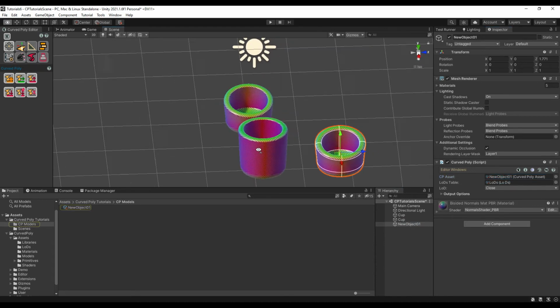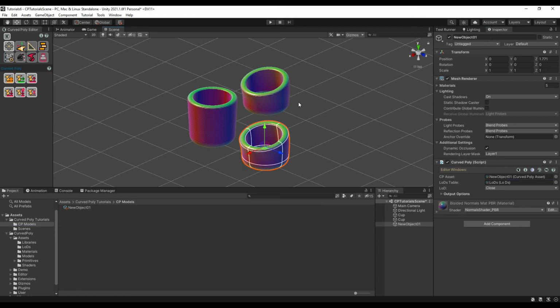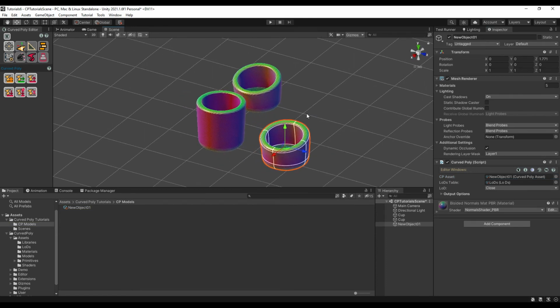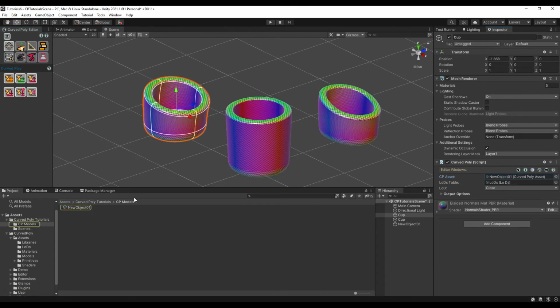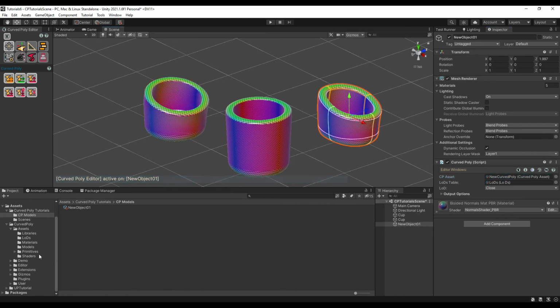Once the object using the asset is in Scene, you may need to break the link with the original asset. There are two ways to do so. We can press on Save Asset as New to generate a new asset different from the first one. The new asset is now independent from the first one, and can be reshaped apart. Another possibility is to detach the asset from the object, with Detach from Asset. In this way the asset is cloned on the Curved Poly component, and the reference on the Curved Poly component becomes none, making the model stored in Scene, rather than as part of a Curved Poly asset.